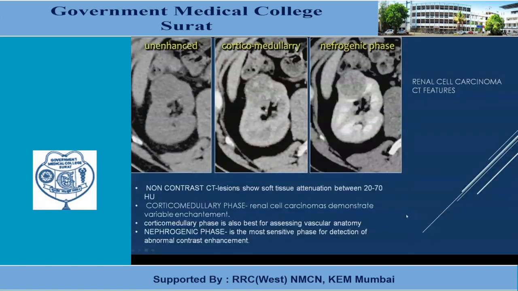Similarly, this is a CT scan of a patient. The axial image shows a plain scan, this is the corticomedullary phase, and this is the nephrogenic phase. In the plain phase, it is an isodense lesion at the anterior cortex. In the corticomedullary phase, there is heterogeneous enhancement as compared to the mid-lower pole, and in the nephrogenic phase, it appears clearly separate from the adjacent renal parenchyma. So it's a renal pathology. It's well outlined on the nephrogenic phase.